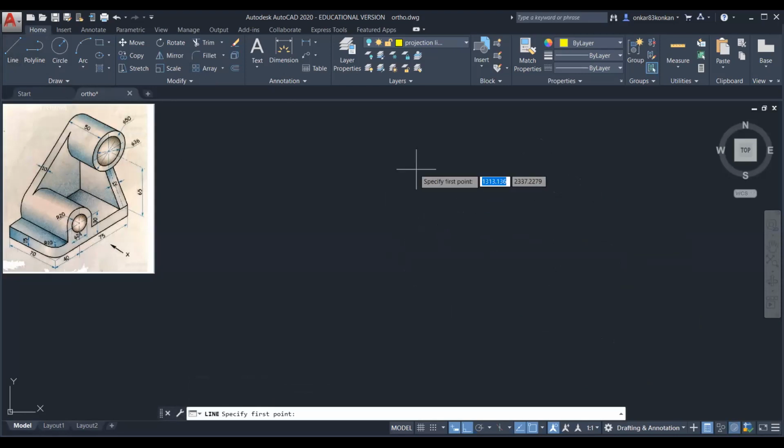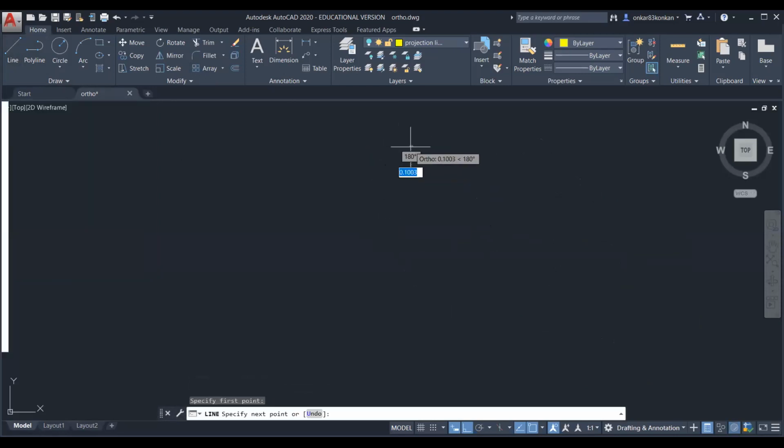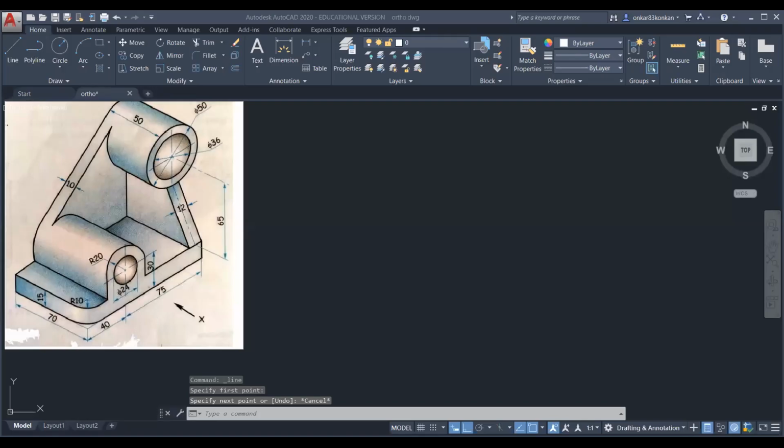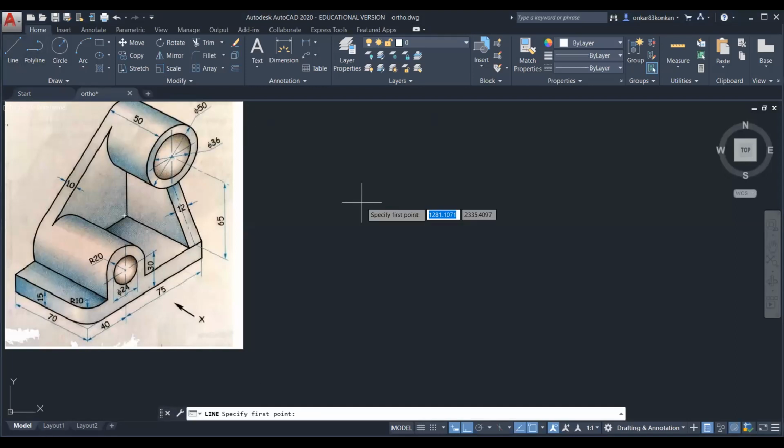So if I draw the line, so for the ortho mode, when it is on, you can draw only horizontal line and vertical line. So you can observe here.